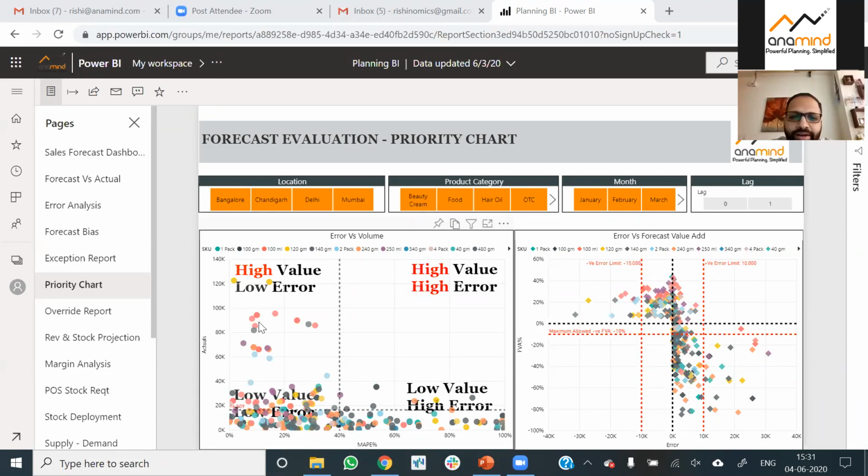Once you do that, it becomes very clear where your eyes should be looking, right? It's obviously this one. Anything which is over here in this quadrant is my high value and high error. You don't want that, because the cost of error, like we saw in the other report, would be very, very high in these cases. High value and low error, perfect. This is what we want. Low value and high error, livable, right? Because at least it's not causing as much damage. We would want the error to be lesser, but it can wait. Low value, low error,